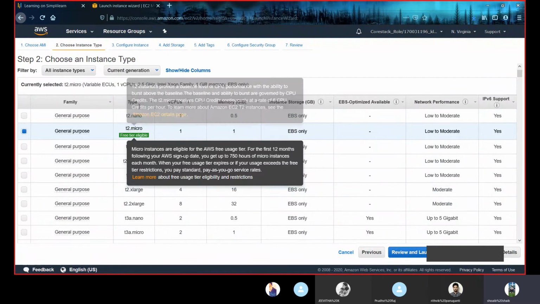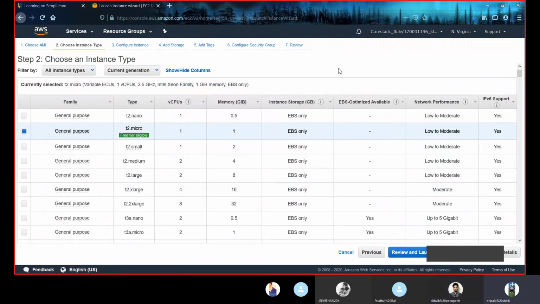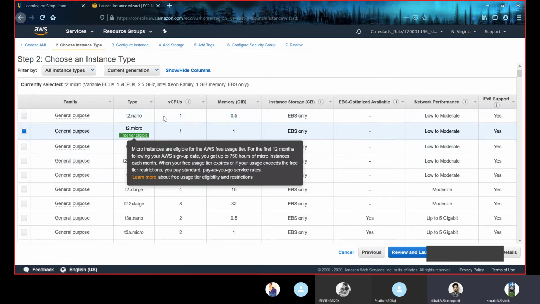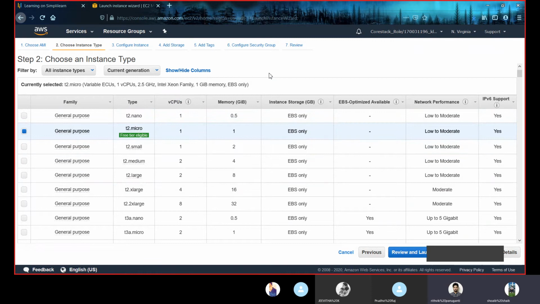These define the size of our instance. If you want the smallest instance, you can choose nano, that is 0.5 GB. If you want a micro one, then you can choose one, and based upon your storage requirement, you can select these instance types. So everyone clear, right? Yeah, these are different types of instances.